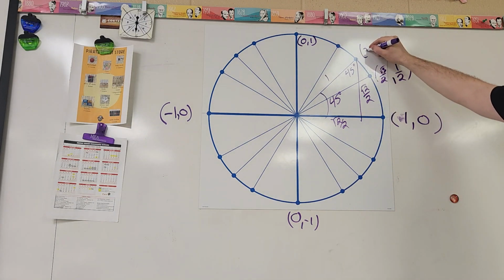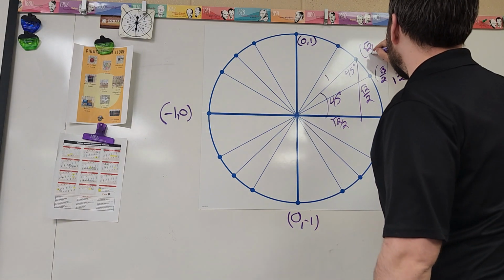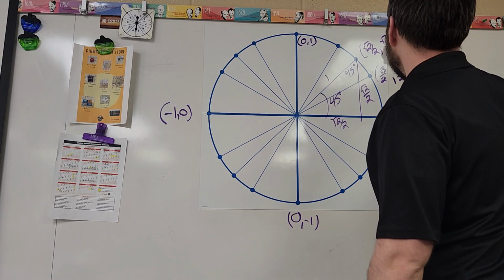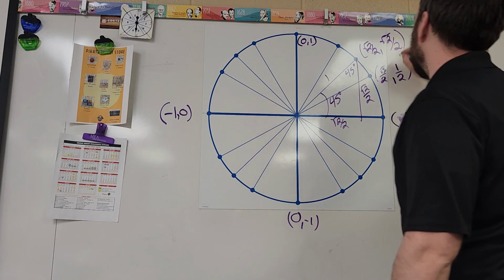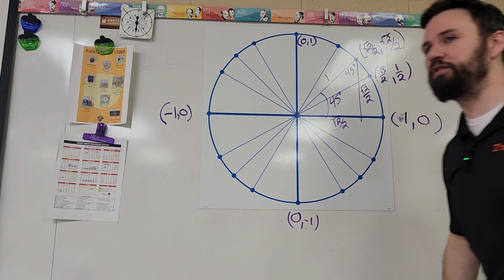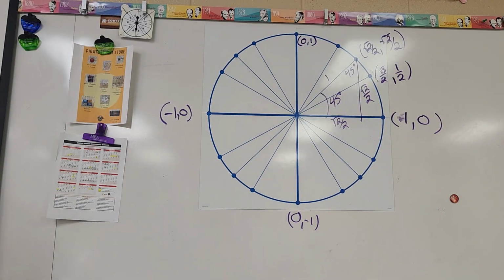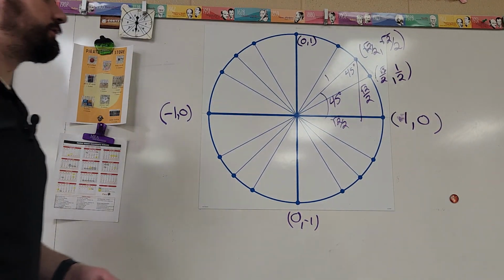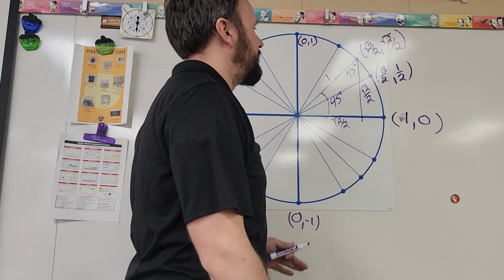So my point is root 2 over 2, root 2 over 2. So for my 45s, these are always equal, and they both have a bunch of 2's involved, right? So again, if you want to draw on the triangles where these are coming from, by all means, it is helpful. Just know we have a 45, a 30,